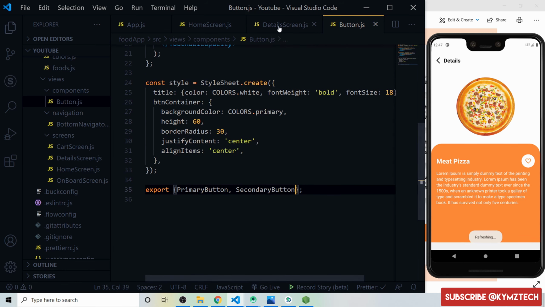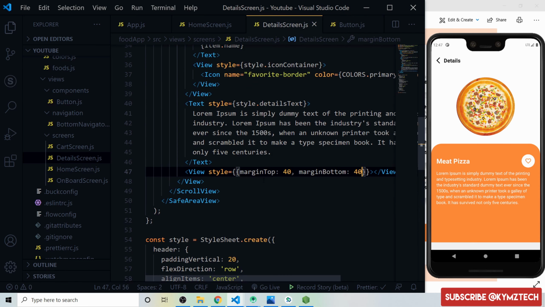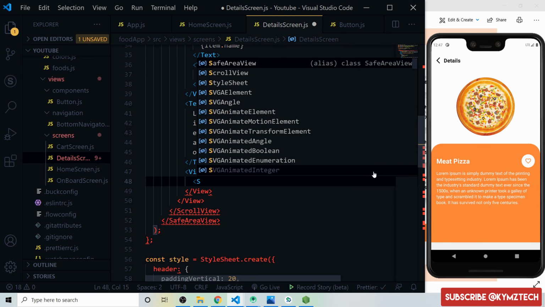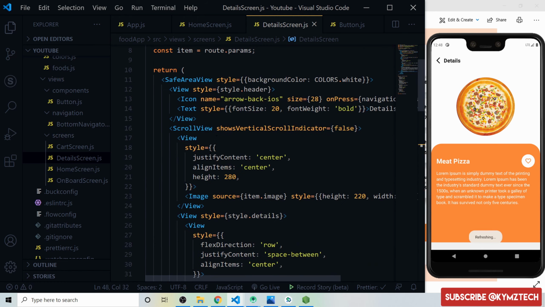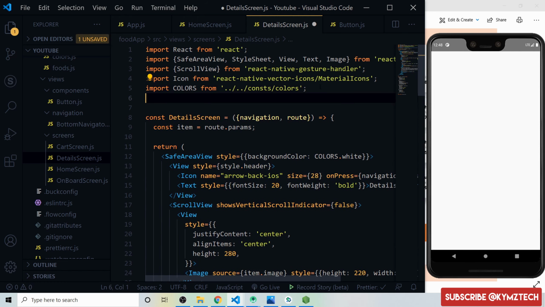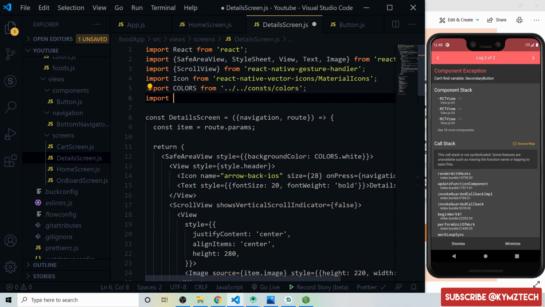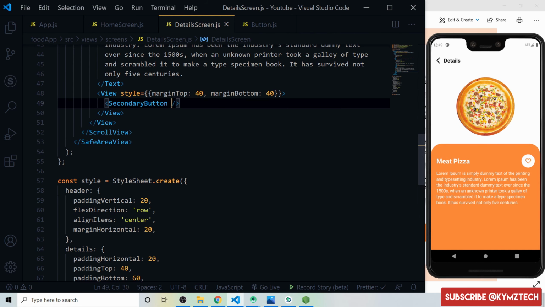I'll export it. Then inside the details screen right here, we are going to add the button. So inside this view, add the secondary button. I'll make sure we import the button. So over here, we're going to import the button. Right now we're going to add a title props to the button, which is going to be add to